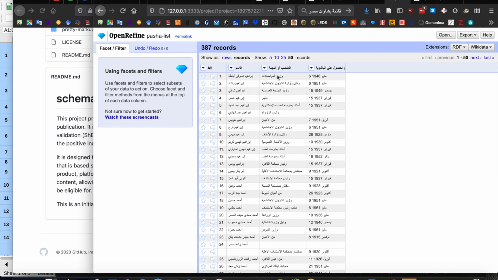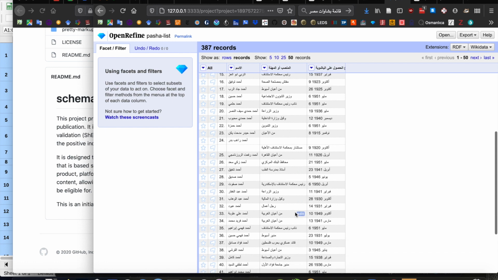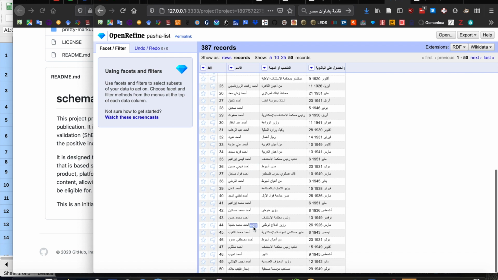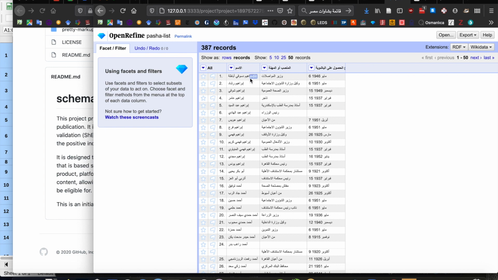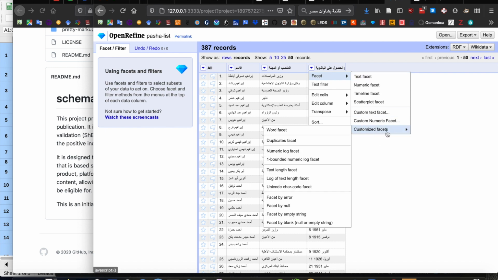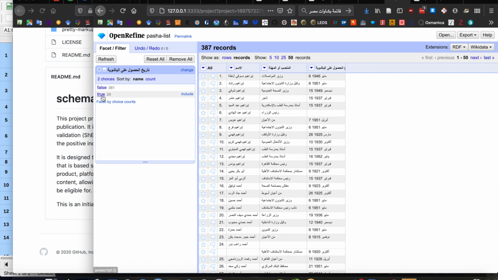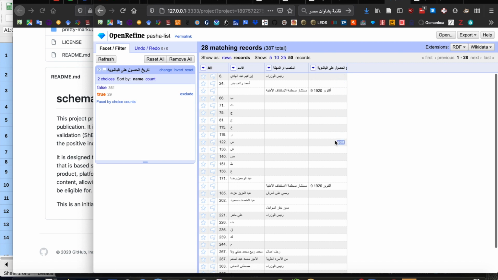We've got name and the occupation or position, and then the date when they were appointed, when they were given the title Pasha. So our first task is to get rid of extraneous rows. We can see, for instance, that row 24 is a little bit funny. There's some line break in there, and there are a few other things. So probably the easiest way to do this is to facet by blank, facet the various lines by blank. Okay, so there are 29 blank rows in the date column,